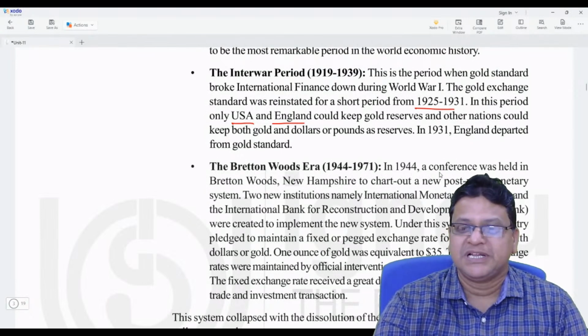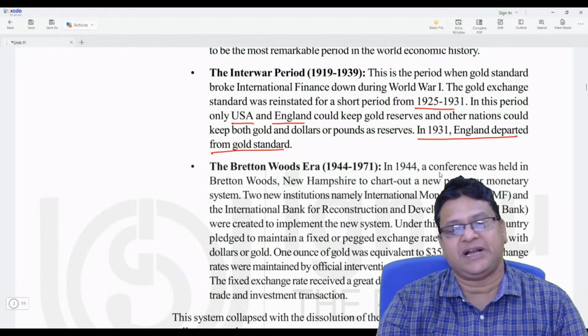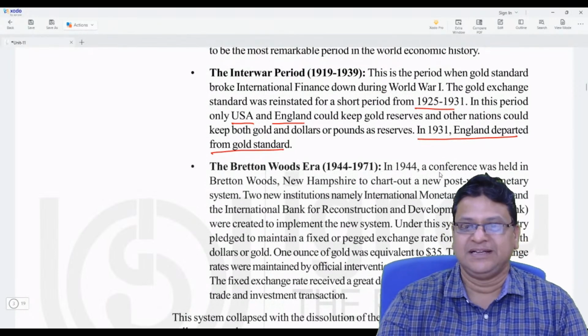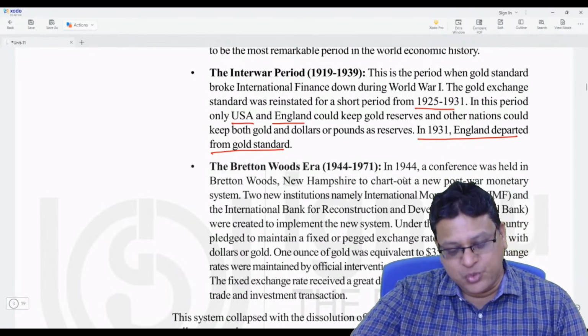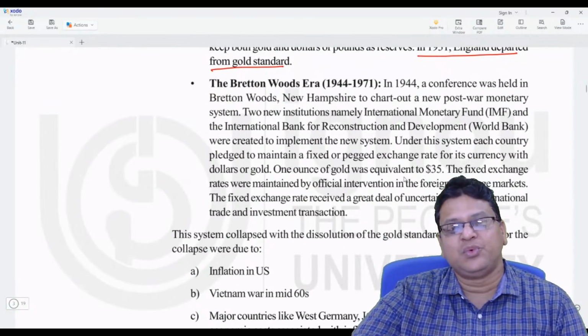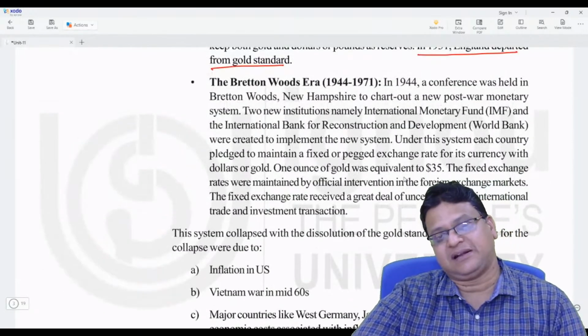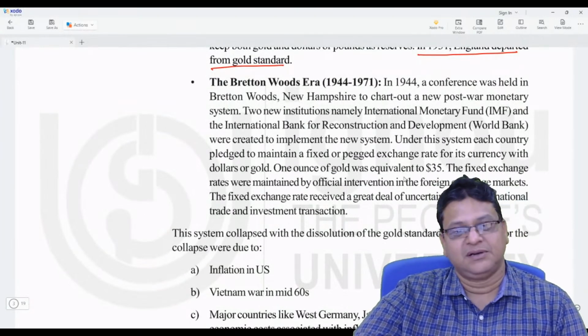Okay, but in 1931, England departed from the gold standard. So the gold standard comes to an end in 1931. Again, World War II came. During World War II, there was very little international trade. Once World War II was over,